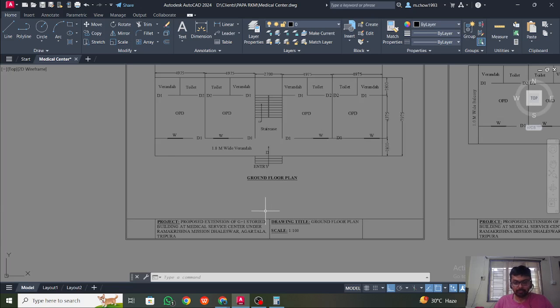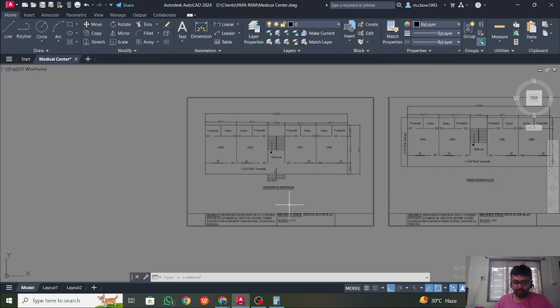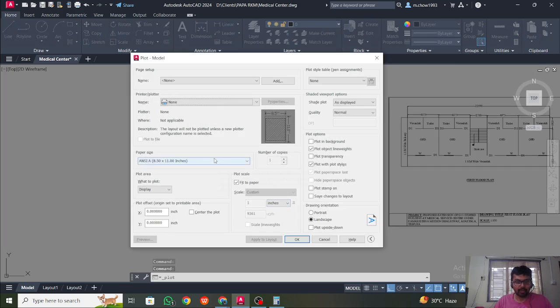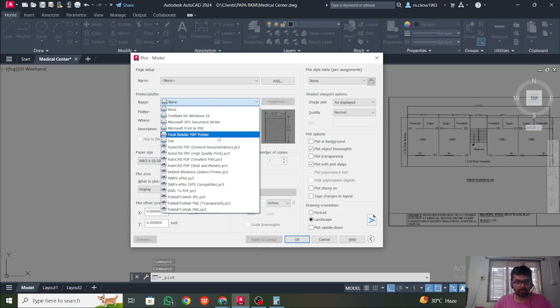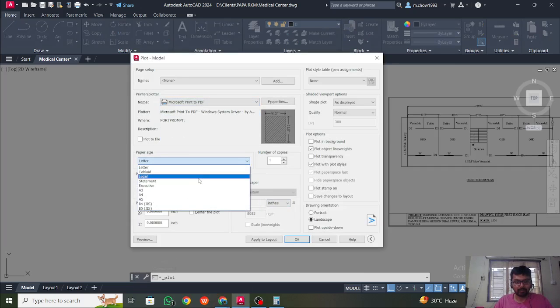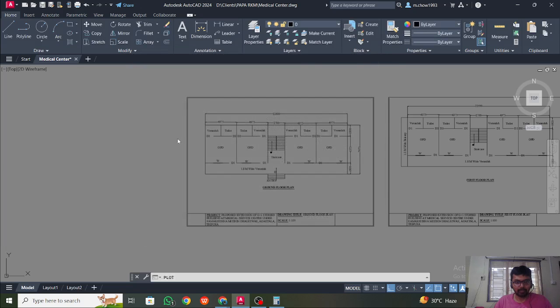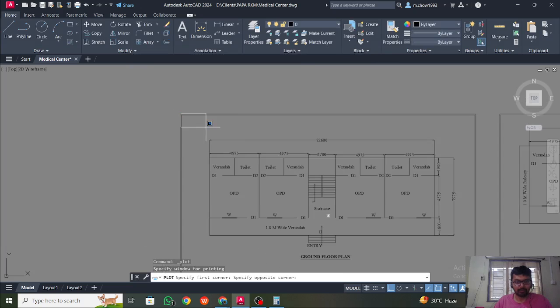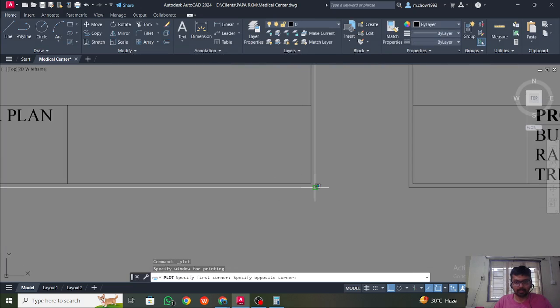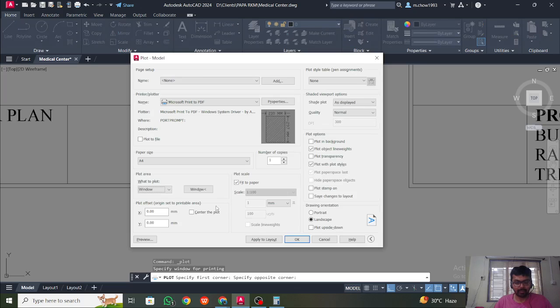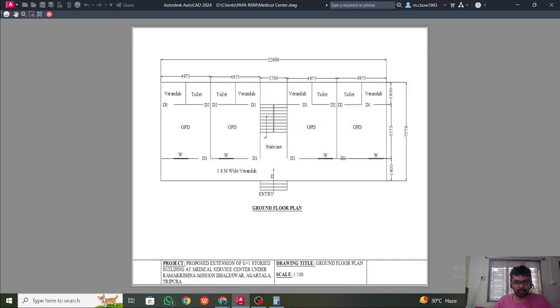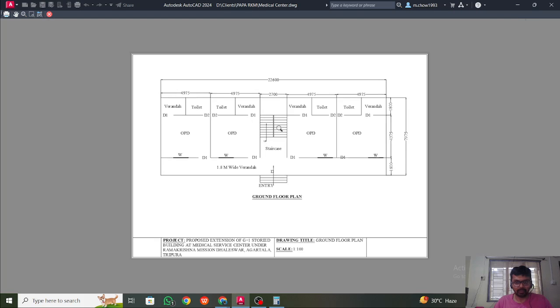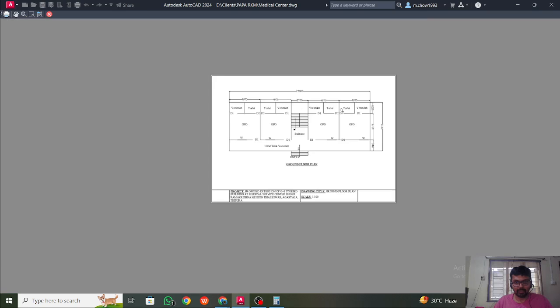So now I can just print this file. So it's important how to print this PDF also. We'll just go with my Microsoft Print to PDF. So go with F4 here and go for the window, and first of all select the window like this, and then center the plot, landscape orientation, preview to check if everything is correct or not,